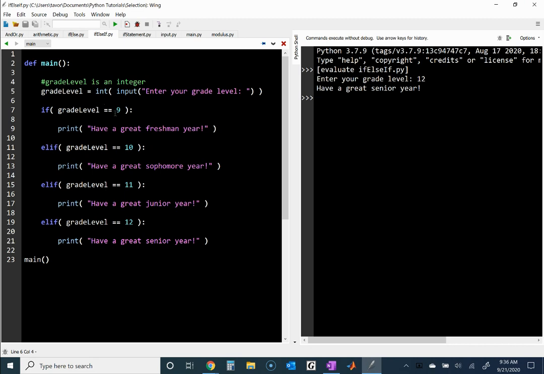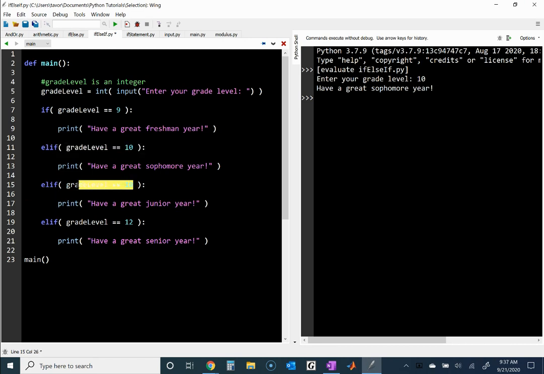Now, I will say here again that if we were to make a typo and put a 10 there, we would not print both of these. So let's run it. And let's enter 10. It prints only the string on line 13 because it meets this condition, but then it doesn't print the string on line 17